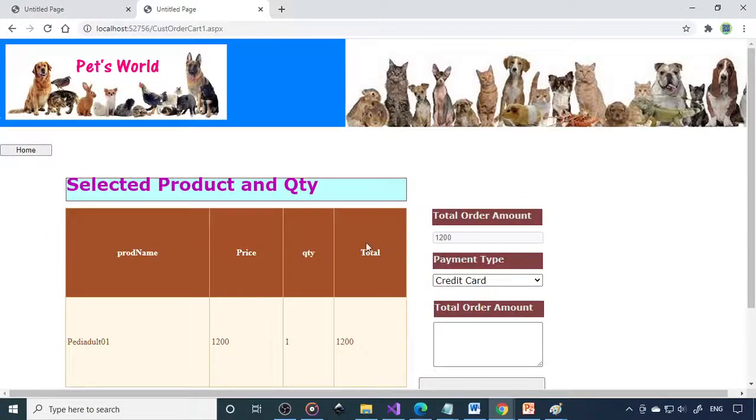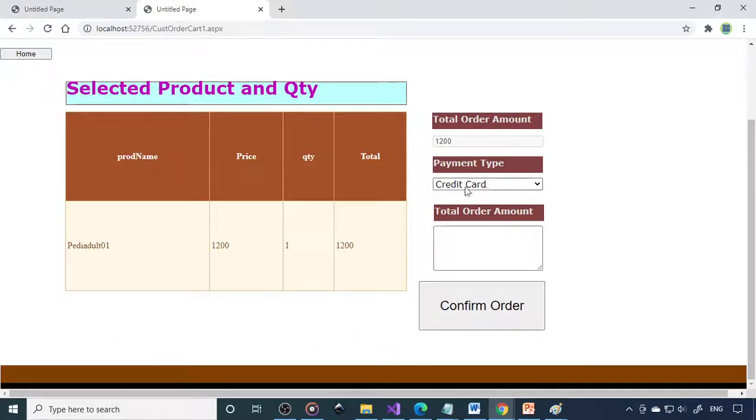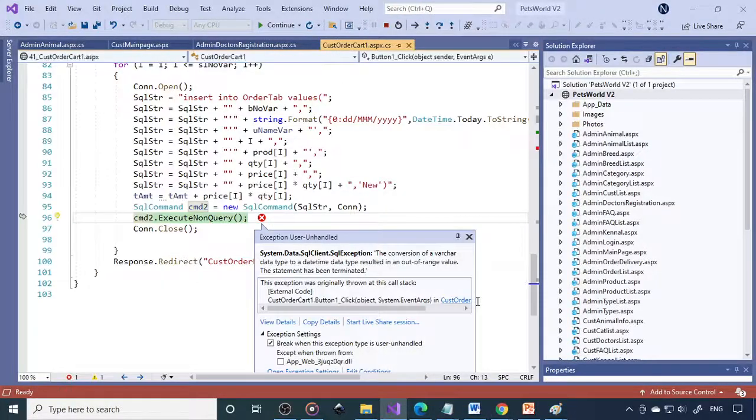Then you have to go to view cart. There you can see that this is 1200. You need to write the order amount. Then how do you make the payment? There is a dummy payment, paid using card, transaction number. It's only indicative, so you are paying 1200 to them.